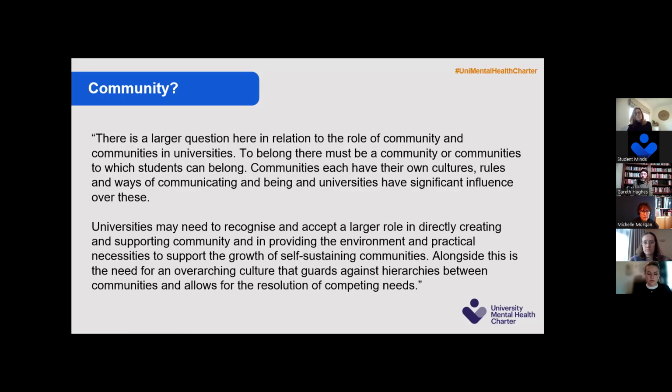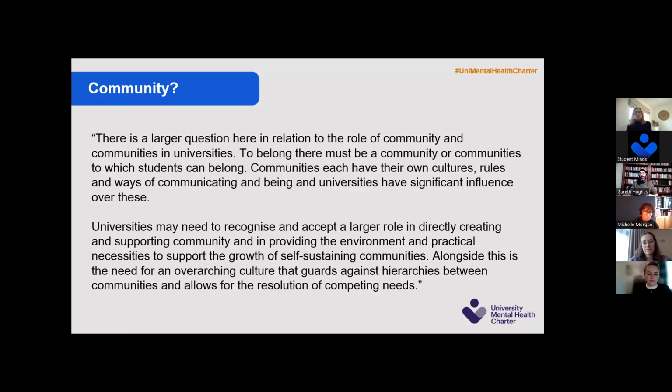The other thing is that a lot of this stuff just grows organically, and as institutions, we don't really think about how we're influencing it. And we don't think about how we actually support the development and growth of healthy communities, and how we encourage healthy behavior within those communities, or whether there are hierarchies between our communities. Are some of our communities more prioritized, more thought about, more visible than some of the other communities who are maybe less prioritized or less even considered? And how, if there are competing needs between those communities, how do we negotiate that? If one group wants or needs one thing and another group needs another, and those two things clash, how do we negotiate that? How do we think about all of that?